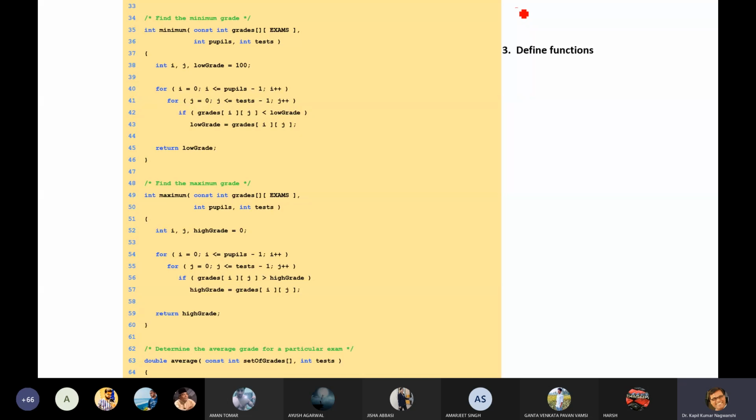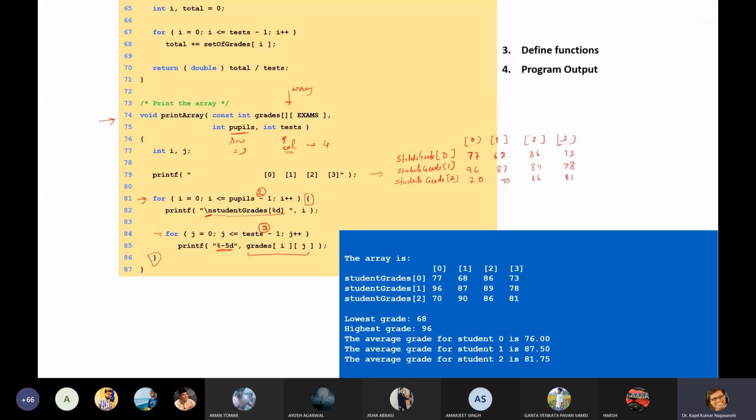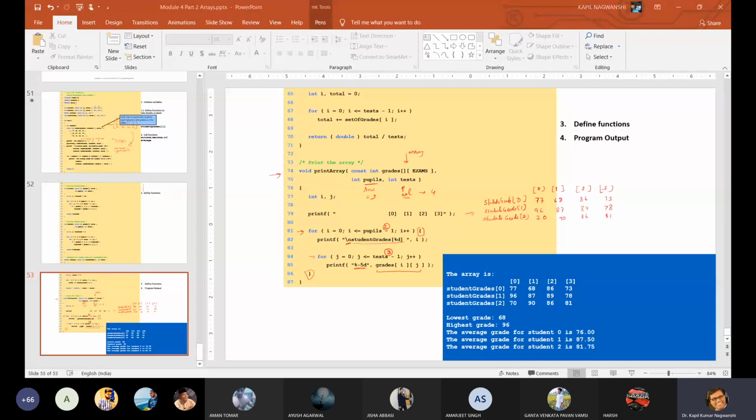So let me write the array first. Okay, so what is our array? 77, 68, 86 and 73. So it is better to keep this, and I will cut this particular portion.